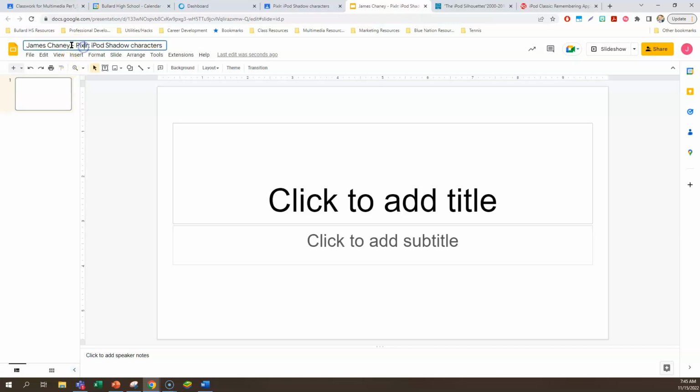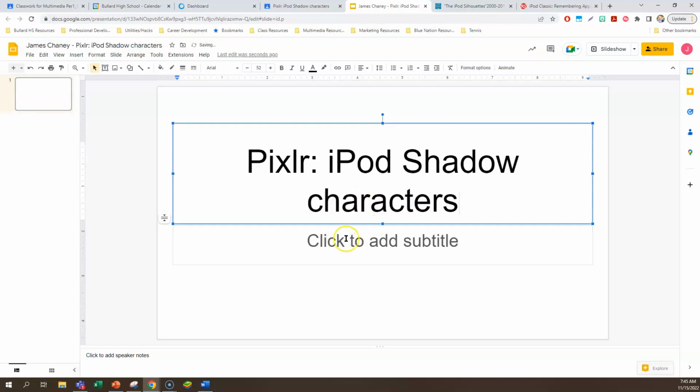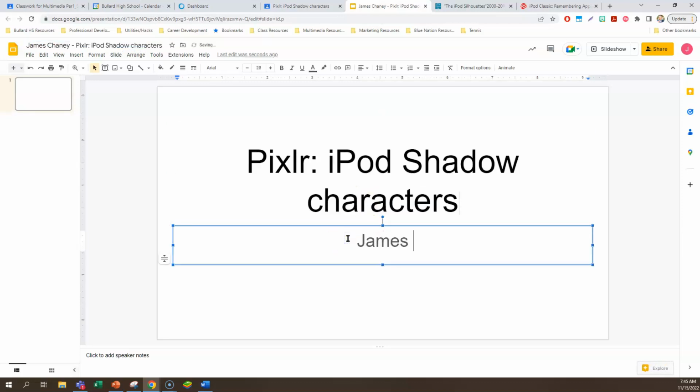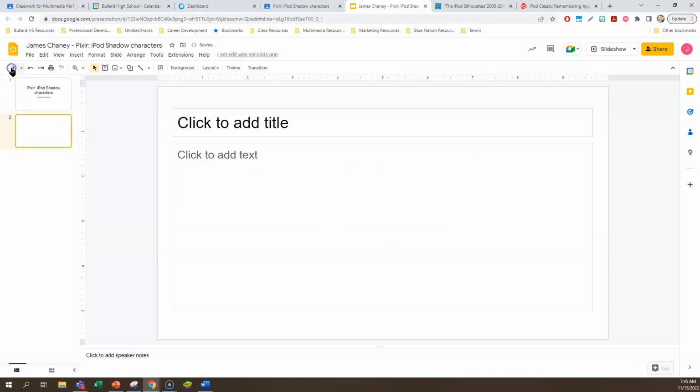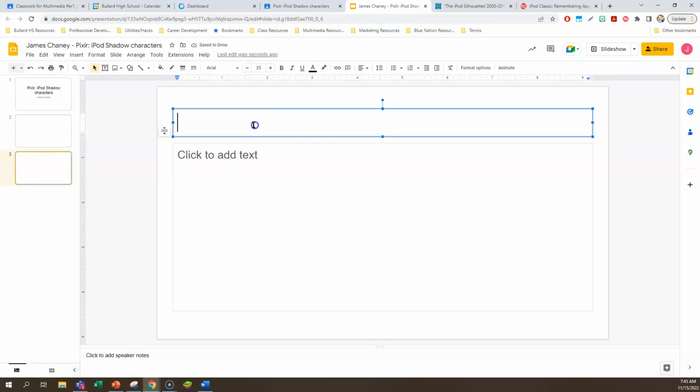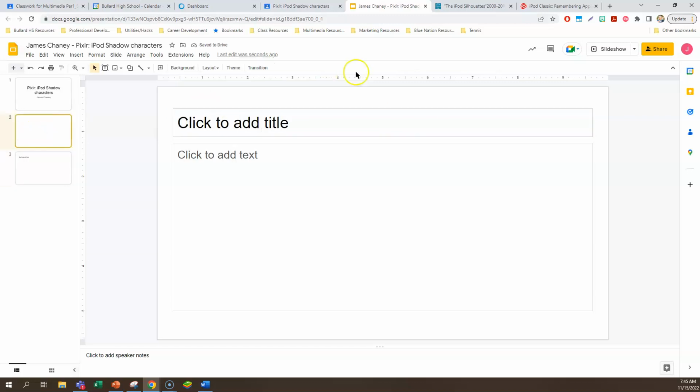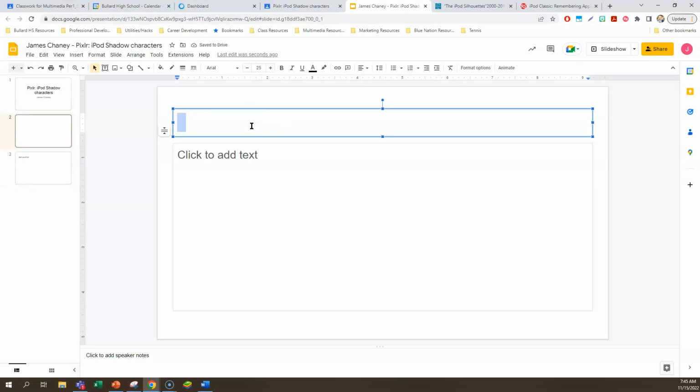So right up here where it says Pixlr Ipod Shadow Character, Control-C, put it right here, Control-V, put your first and last name for the title slide, and you're only going to need 2 other slides because you're going to do before and after 2 characters. And so you can even put on this title if you like before or after. So it's a little easier to do that on this one as well. And what you're doing is putting your